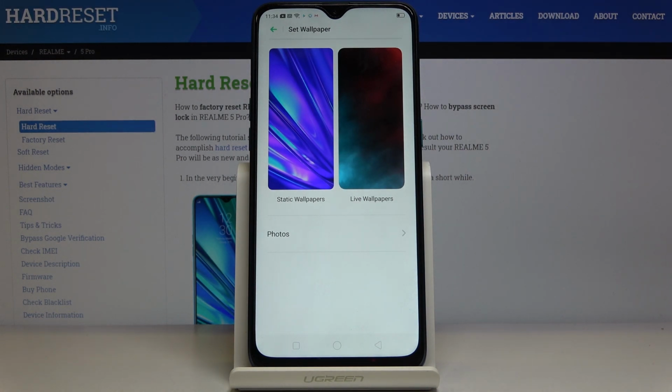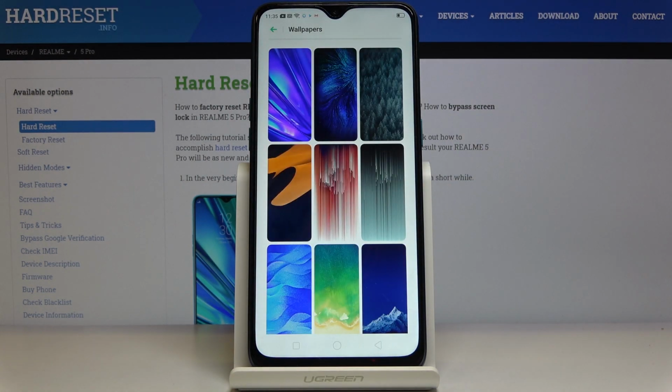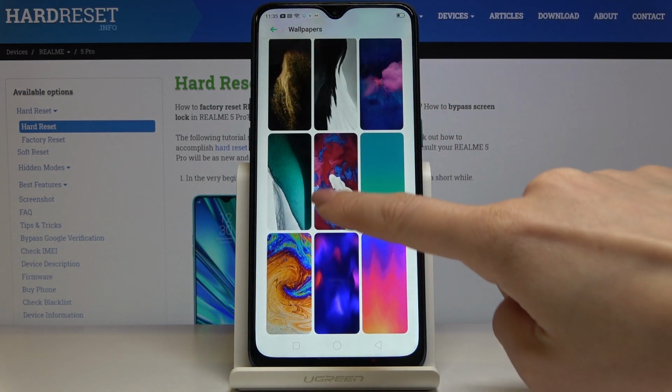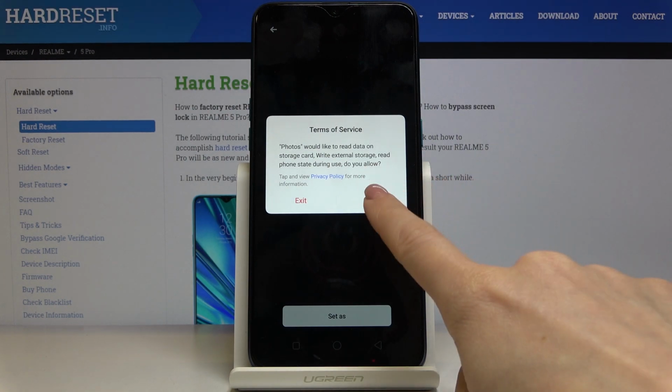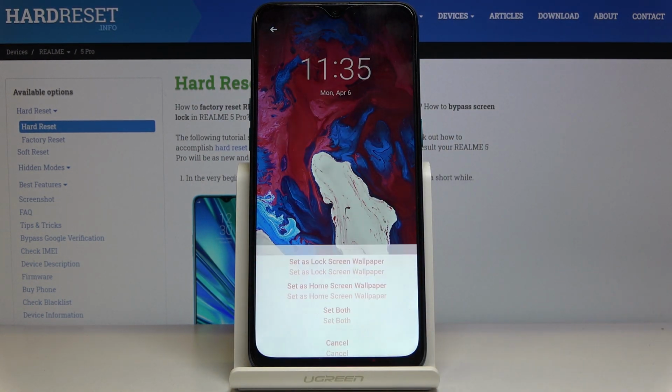you can pick one from static or live wallpapers, or you can also choose something from your photo gallery, but I will pick some from static wallpapers. Just click on allow, and as you can see here you've got all the possibilities, so let me choose for example this one, and if you would like to set it as your wallpaper, just click on set as, and